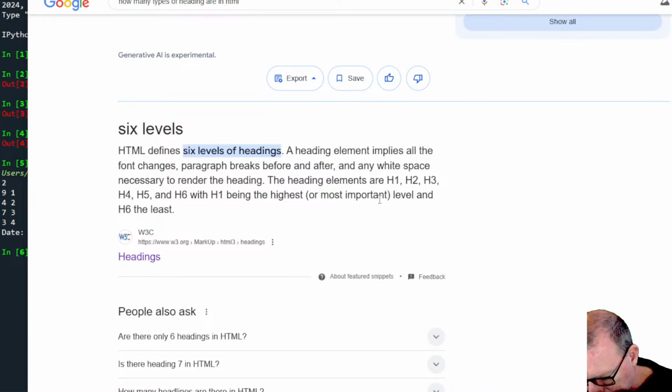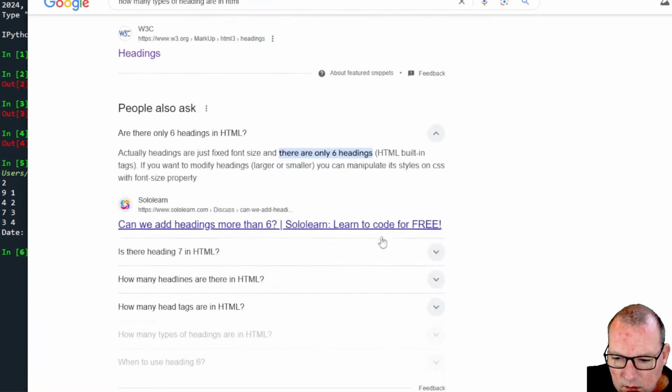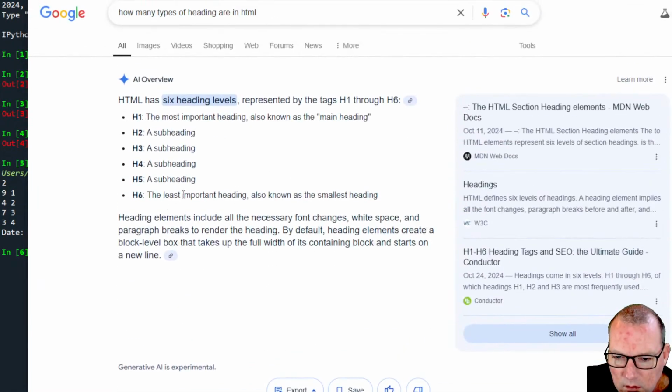That feels like that's a note card. HTML headings, 6. Most important, subheading, subheading, subheading, the least important heading, also known as the smallest heading. The main heading, H1. So I guess I was looking for font sizes, because I think also the HTML no,